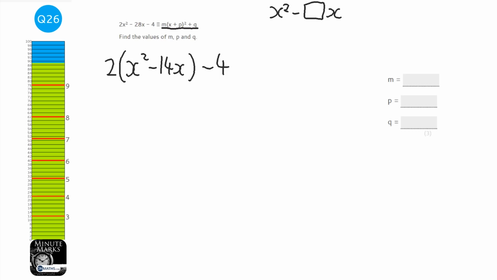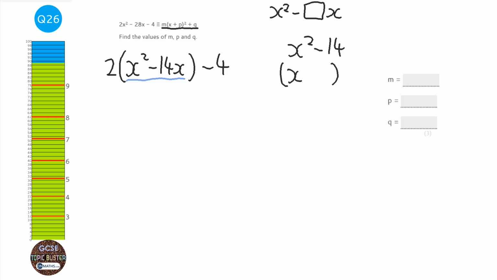You could also factorize out the 4 as well, but I'm just going to leave that alone because I'll deal with that later. Now that we've got what we need to be able to complete the square, which is the x squared minus something x, we are going to complete the square. Now to complete the square, and I'm going to do this over here to show you a little bit easier. What you need to do is you need to put the x minus half of the bit here. So it's going to be 7 squared. Now if you expand that, or using FOIL, that would be x squared minus 7x